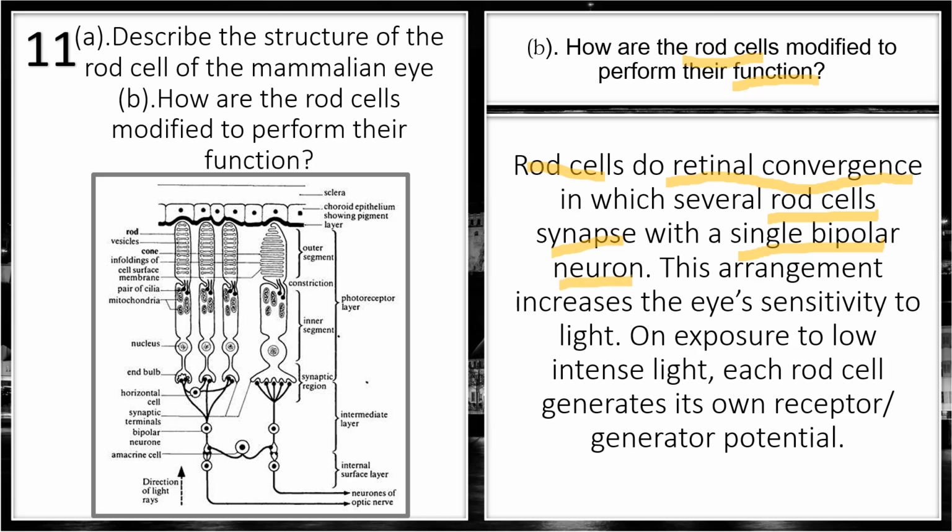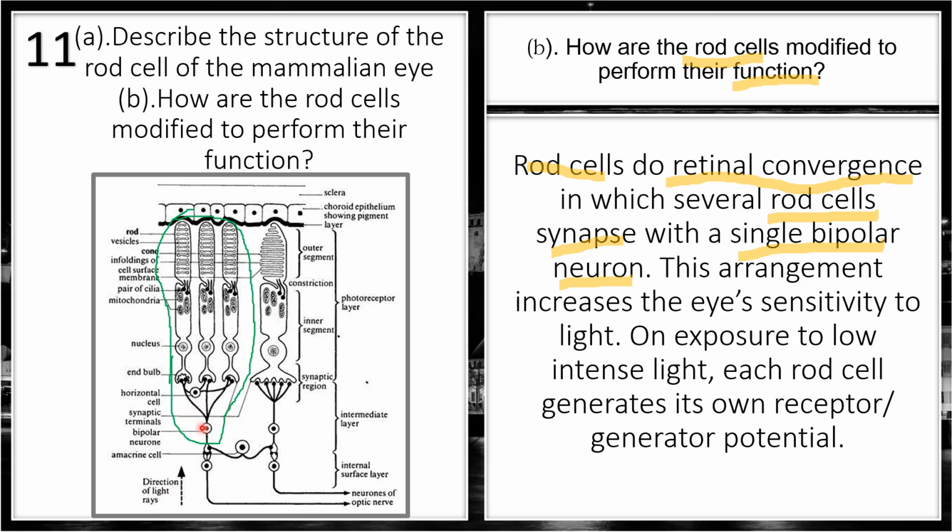So here what they are saying, we have here several rod cells. All these rod cells that you are seeing here, these 3 rod cells, they end up synapsing with one